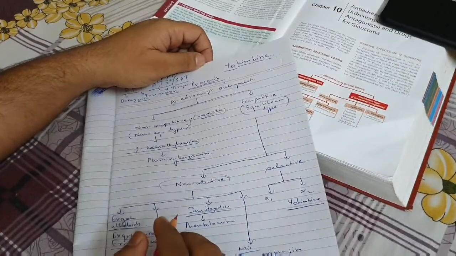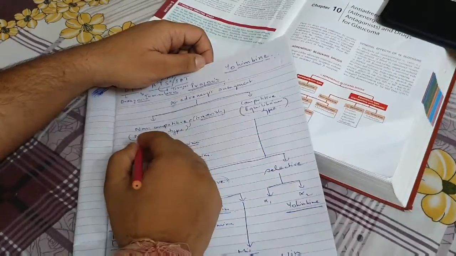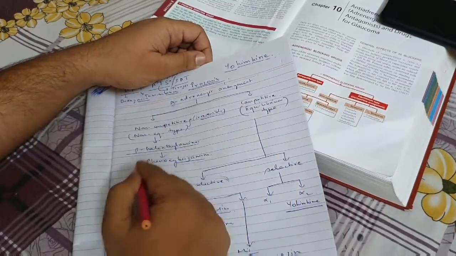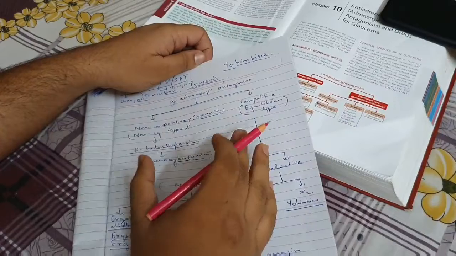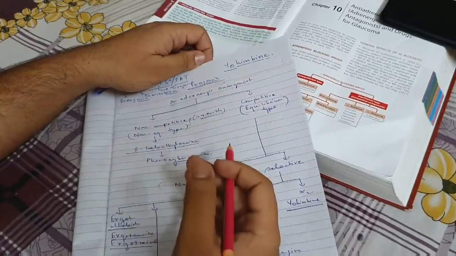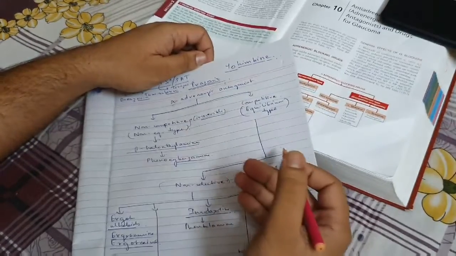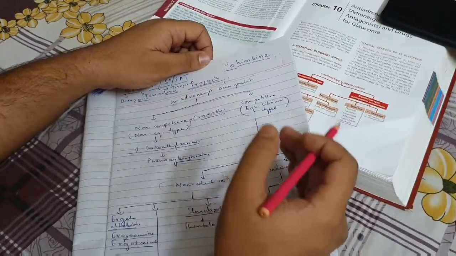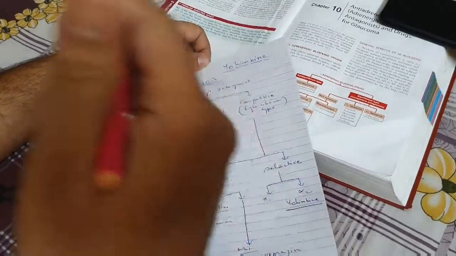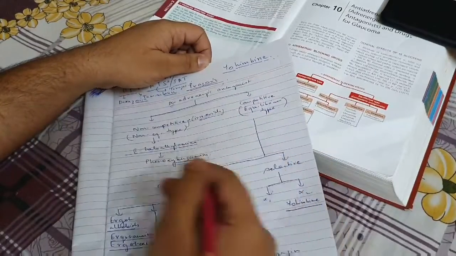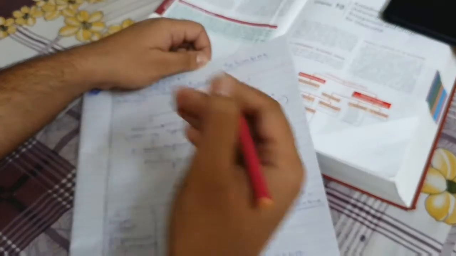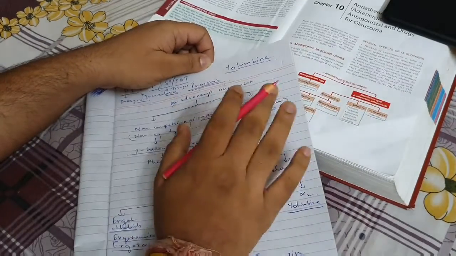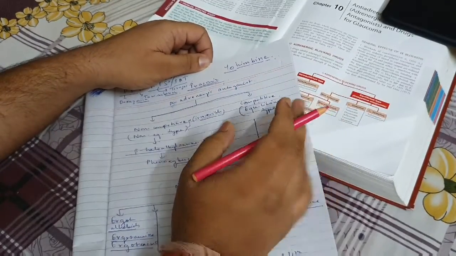One more thing I would like to add at the last is that the non-equilibrium type means that it is irreversible. When phenoxybenzamine binds to any receptor, if it is an alpha 1 receptor, it will bind to it permanently. So that receptor will not be able to bind with any other substrate or any other catecholamines. Only after new receptors come up will other catecholamines be able to bind. Otherwise, this is totally irreversible inhibition or antagonism.